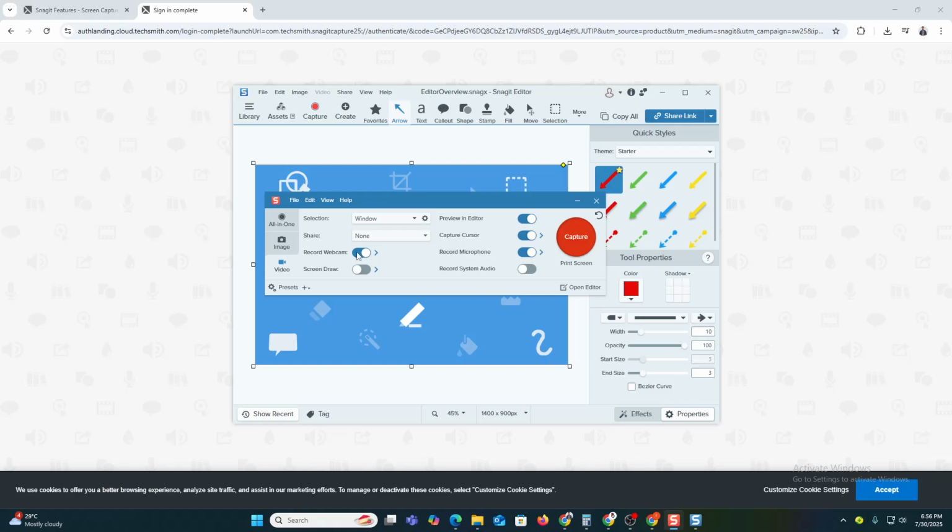webcam toggle. You will have record webcam. You just need to disable this one if you do not have any webcam, then microphone audio. So here you can see this is the microphone audio, it is enabled. Then you have system audio, so you can remove this one, system audio, if you want. Then make sure your mic and system audio are selected if you want to record your voice and internal sounds